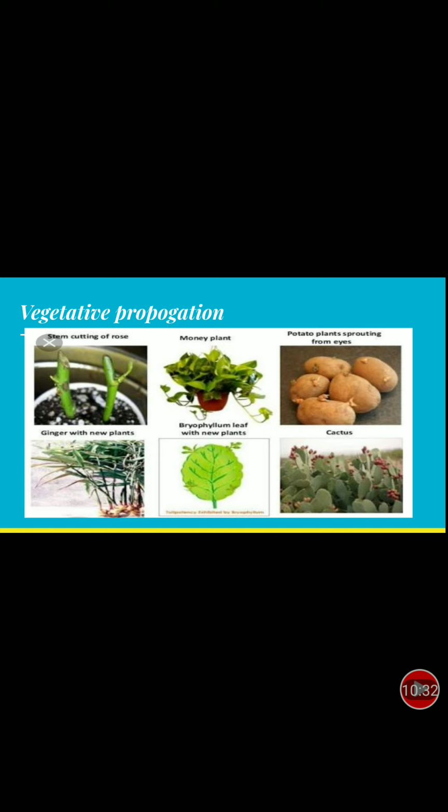Later in this chapter, you are going to study. It is a natural process, provided you take interest, where the seeds are not going to give rise to the new plants. Other than seeds, you can use some parts of the plant and get the new plants. Now some more things you can see, which are going to be produced asexually. Single parent, okay.